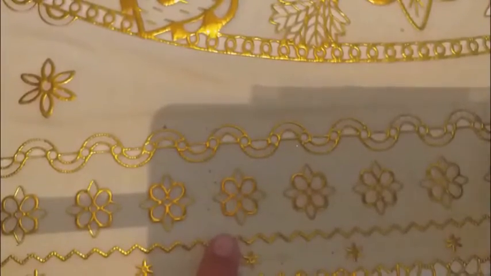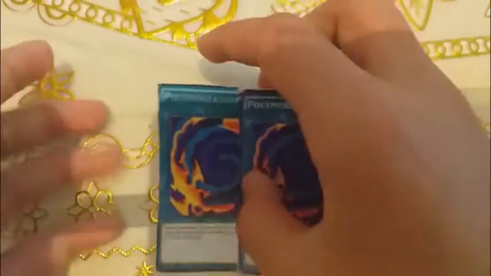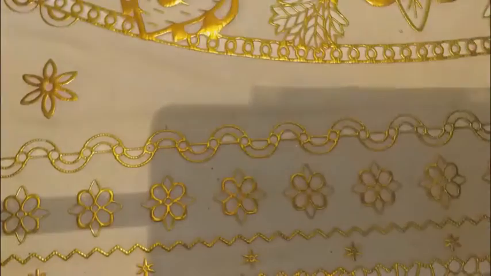Next, 2 Polymerizations. Like, in a deck that requires Polymerizations, you're like, what? Why would you only run 2? Because we're also running 2 Fusion Substitutes, because this card is almost way better than Polymerization. We're running Ultra Polymerization, and as I said, every fusion deck has its own fusion spell card. Miracle Fusion, basically you can fusion summon by banishing monsters from your graveyard, and we're running